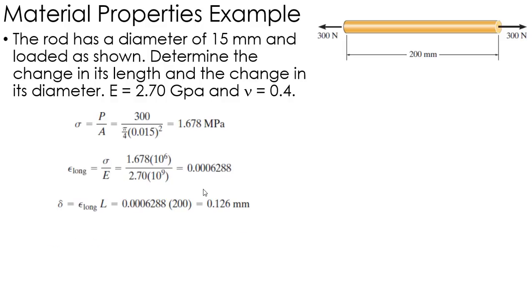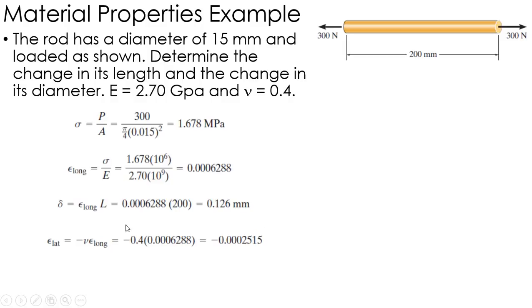Now, moving on to the diameter, I will do something similar. I'm going to find the latitudinal strain, using the relationship of Poisson's ratio, which is to say my Poisson's ratio, 0.4, multiplied times my strain longitudinally,